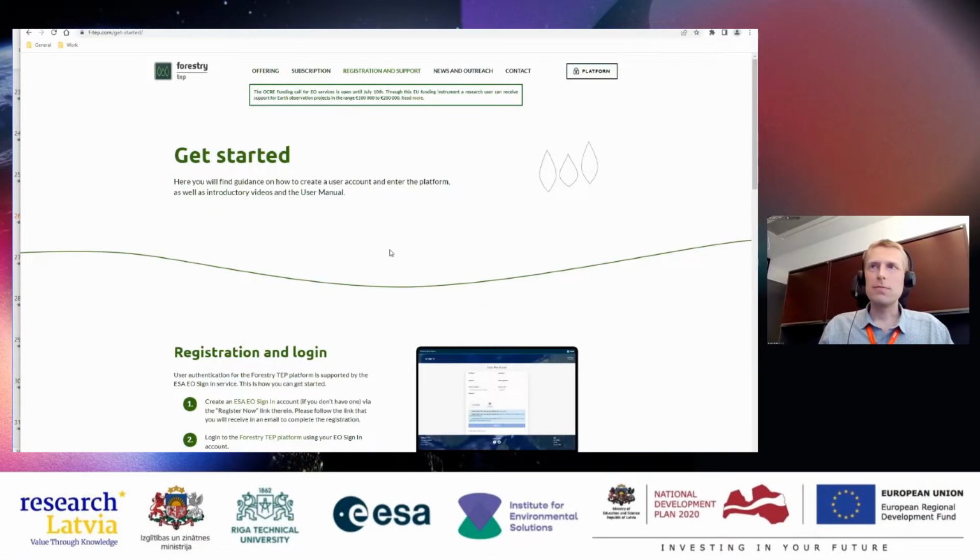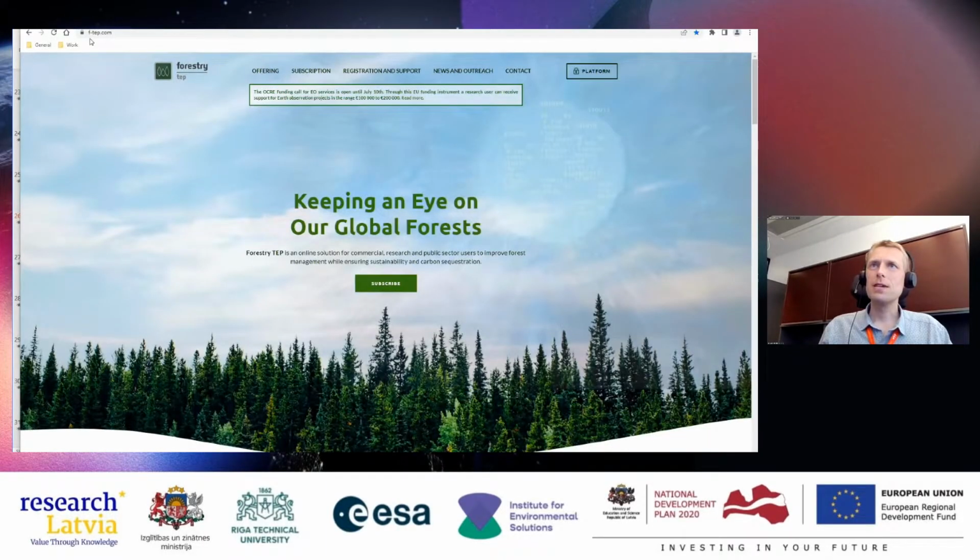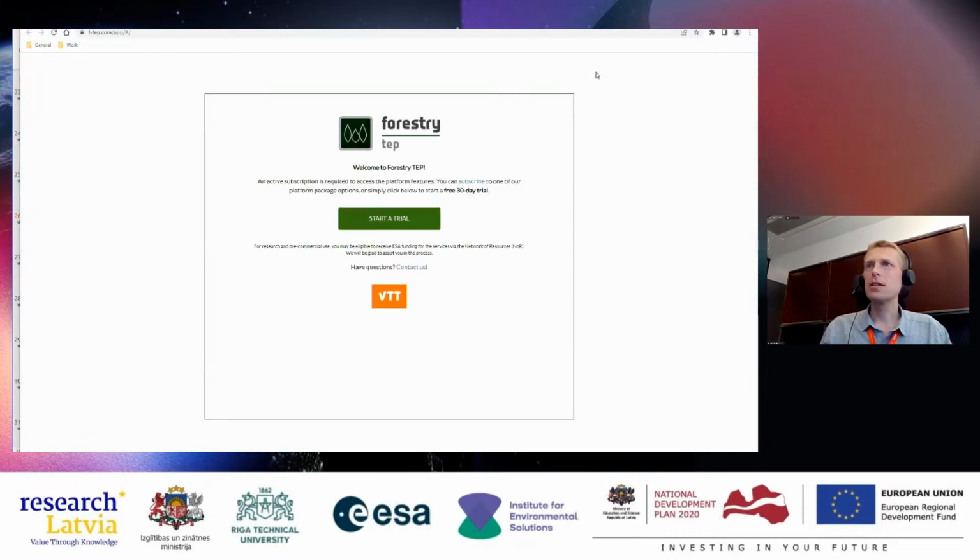So if we continue from the page where we left on the website, or actually it's on every page, this platform button, even on the front page, fdep.com, you can find this platform button, and you can try to click it and see what happens.